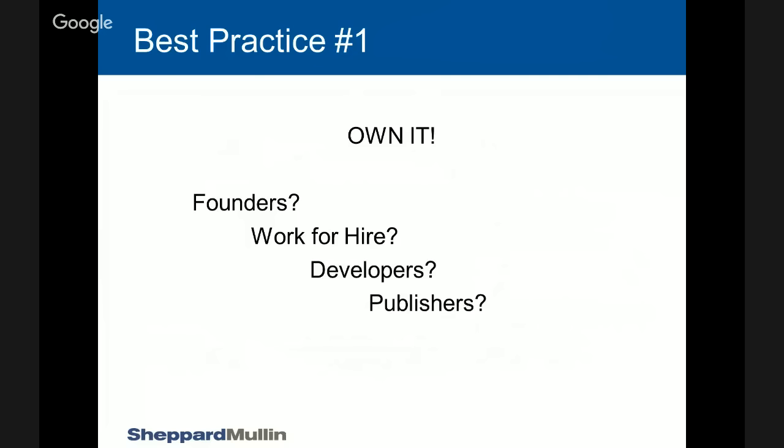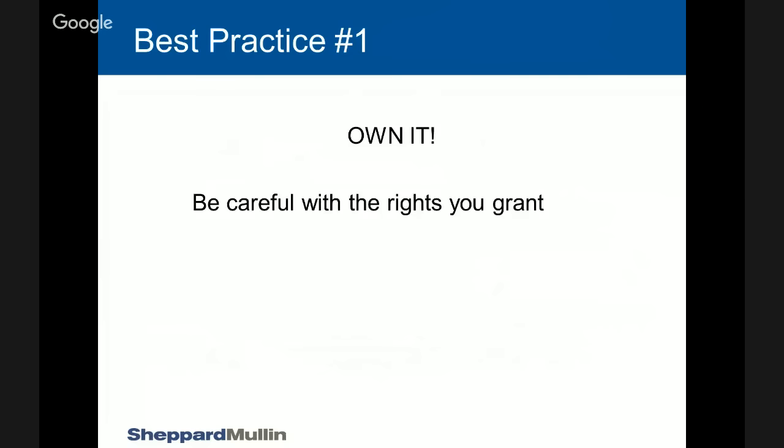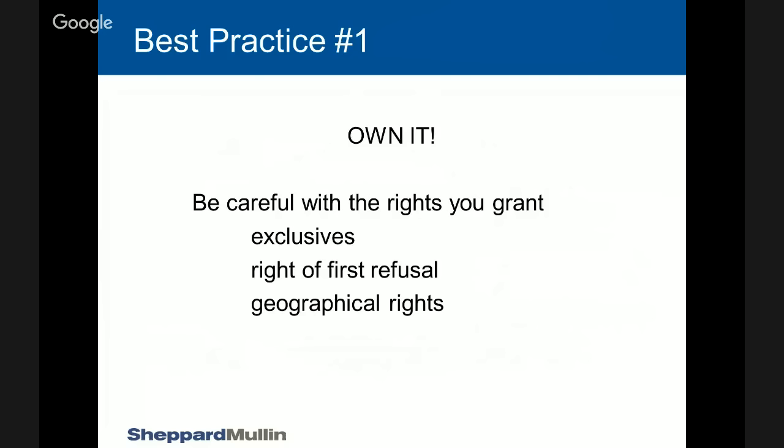Got it. And then lastly, with publishers, this is another area where, while it may not be effectively an assignment to publishers, there's a number of agreements that we see when people come to us, and there's problems if you haven't really thought through certain things, particularly with respect to the rights you grant to the publisher. If you're giving exclusivity, whether it's geographic or a right of first refusal for subsequent versions, sequels, etc. If there's territorial rights, if you give a publisher an exclusive there, absent certain protections, if they don't actually exercise that right and you don't have the right to take it back from them, you're basically blocked out in certain jurisdictions.